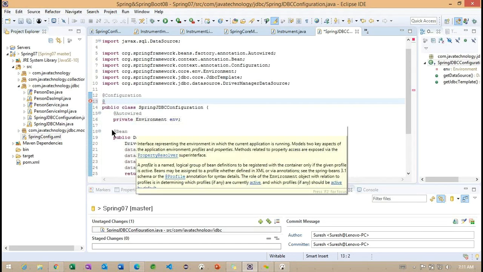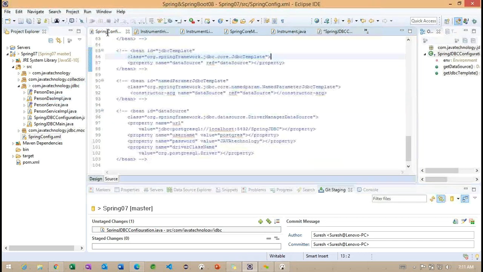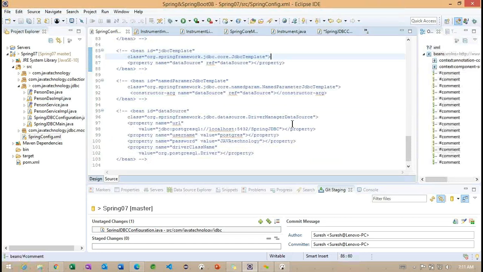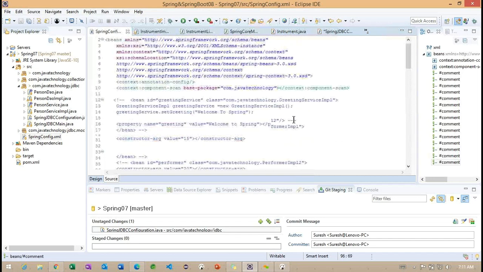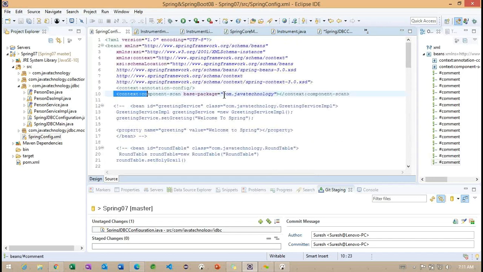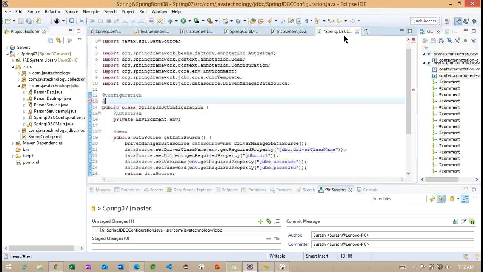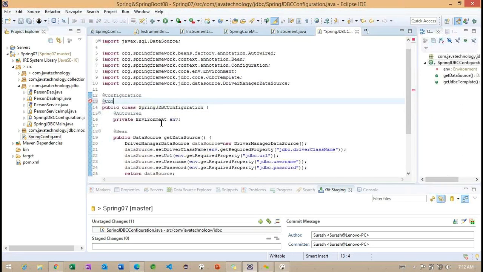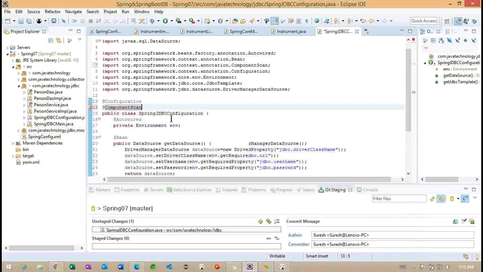But here, what we need to do is load it. In the last class, if you go back to the Spring file, we specified the component scan whenever we are going for the connection. But here in the configuration, how can we specify it? We have an annotation called @ComponentScan.